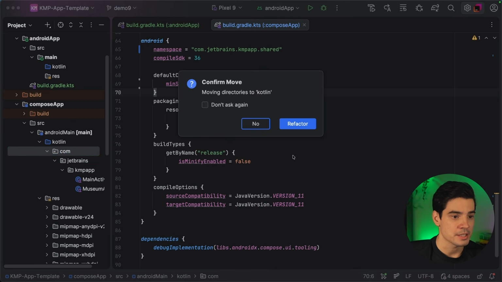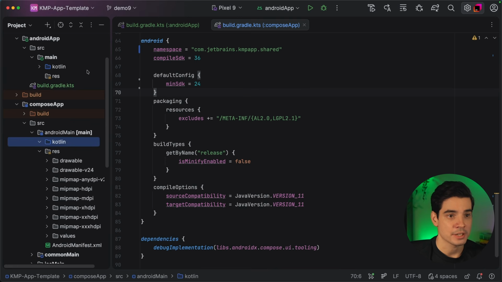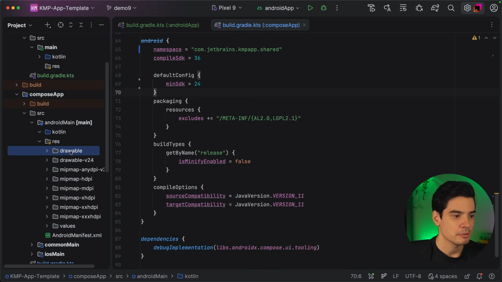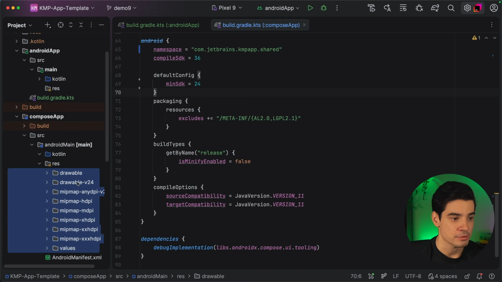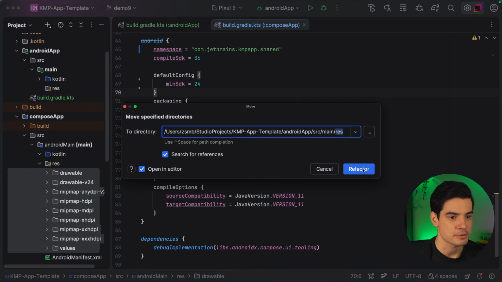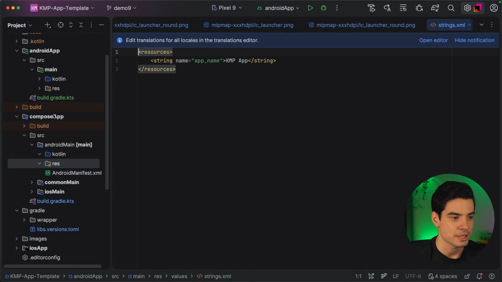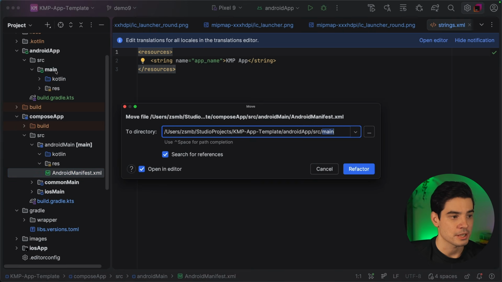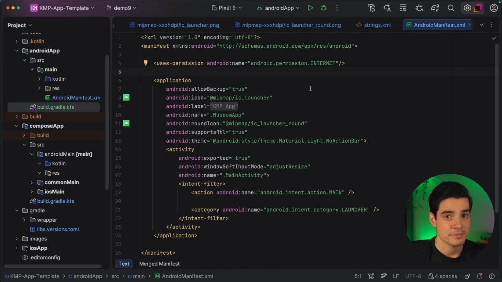So I can just grab these and move them over to be in the Android app module instead, as they don't really relate to the shared part of our code base. We can also do the same thing for all of our resources in this example. So I'll just grab those and move them from composeApp to Android app. And we can also do the same thing with our manifest file, as we are now defining our application in